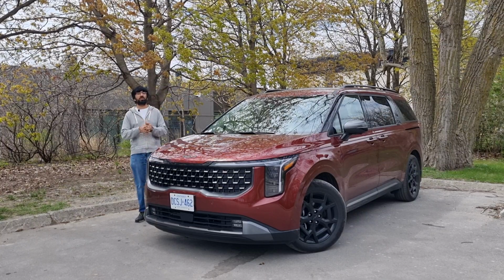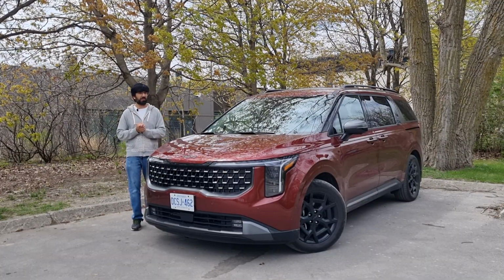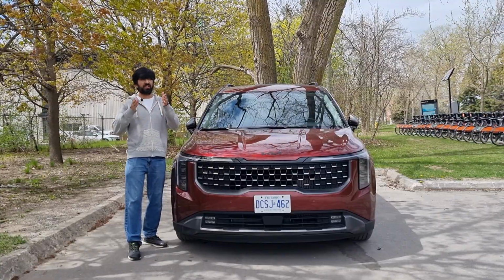Hello everyone and welcome to a minivan with mega offering and 900 kilometers of range, which is this 2025 Kia Carnival Hybrid. So the new Kia Carnival is offered in 9 different trims ranging from LX, LX Plus, EX, EX